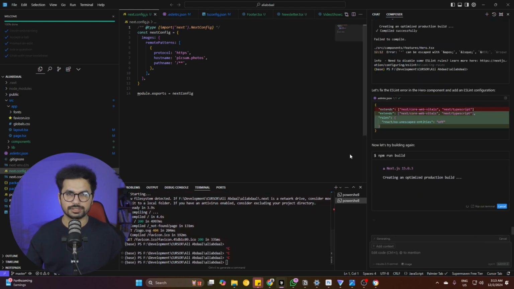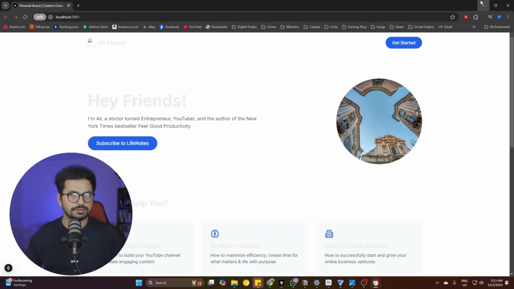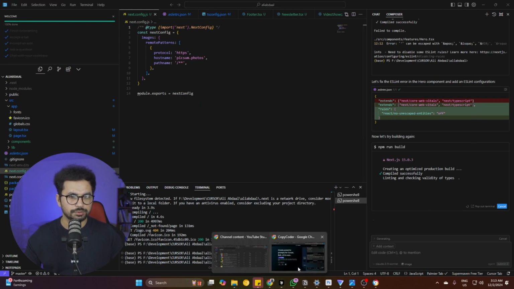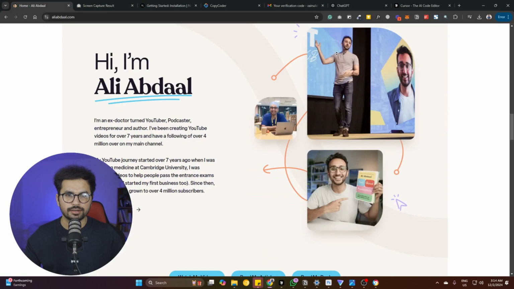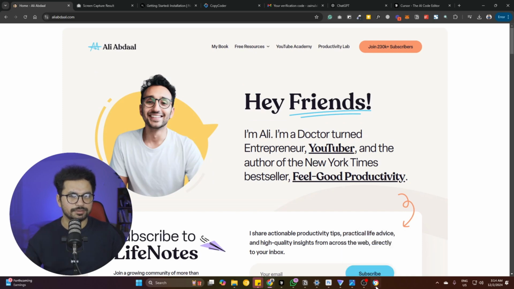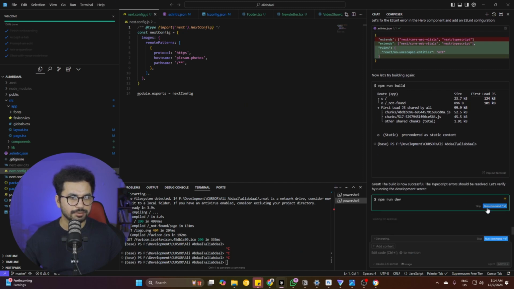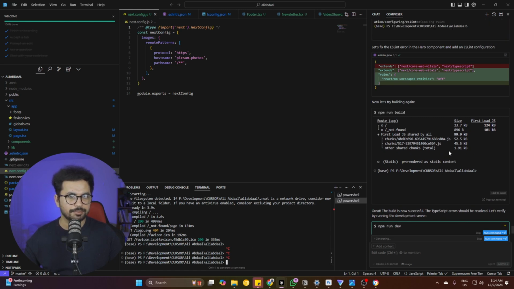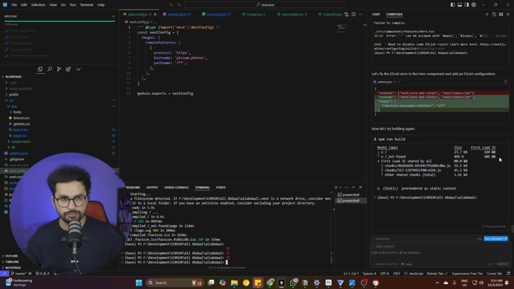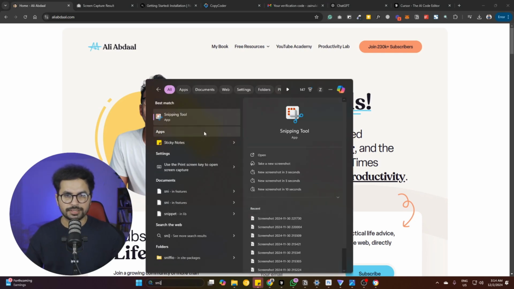So what we need to do now, this is what we need to have. We just need the basic structure of our website. So what we need to do now is go through the entire website one by one, copy each section, replicate each section, and go through them one by one. So all right, it has now created, now the build has successfully run. Okay, npm run f, cool, perfect. Since the build is now created, all of the initial errors are removed. So now we need to copy each and every section,